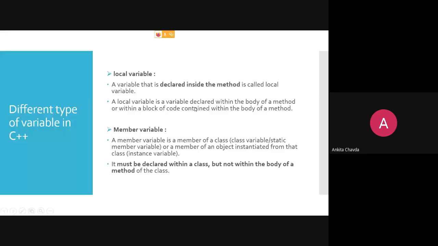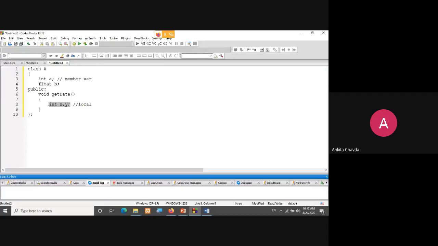Getting my point? Again, see the same definition. A local variable is a variable declared within the body of a method or within a block of code inside the body of a method. So if I'm having integer x comma integer y, here x and y are the local ones.